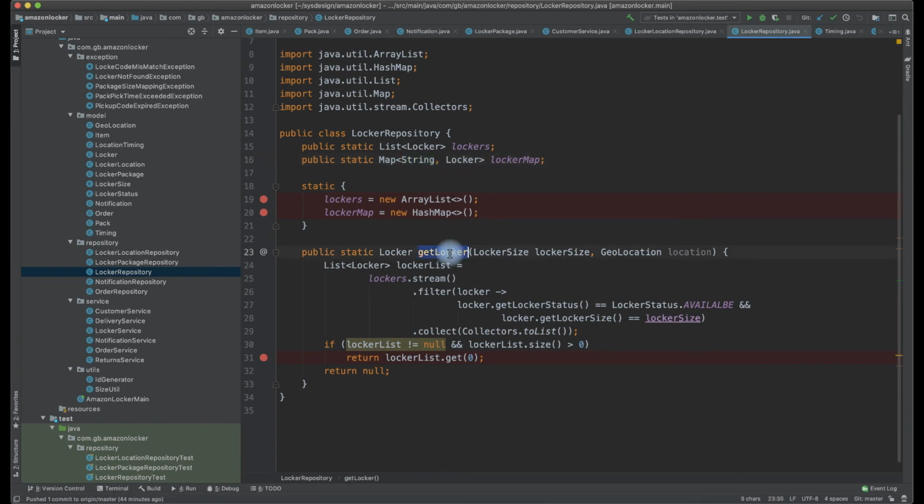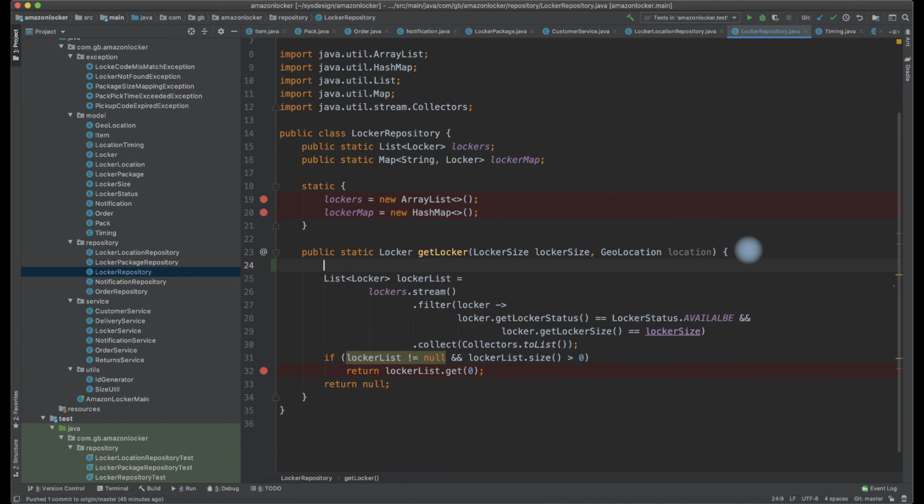So the requirement is to get the locker size in the particular location. That's what I mentioned some time back, that I abstracted out. Given a particular location, get me all the available lockers within the radius of 1 kilometer or whatever it is. I assume that function exists, and this locker list is going to give me all the lockers which are available in the nearby location. Once that list is available, I am checking whether the locker status is available or not. This is an assumption that I have made.